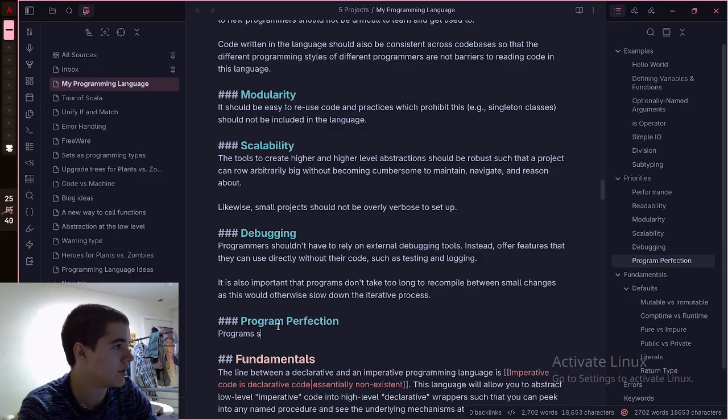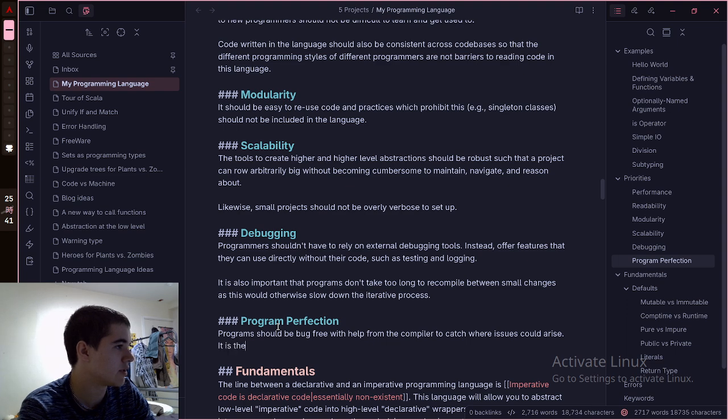Programs should be bug free, with help from the compiler to catch where issues could arise. It is the programmer's role to